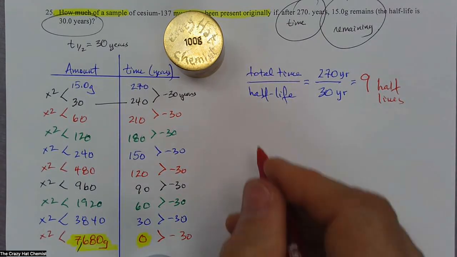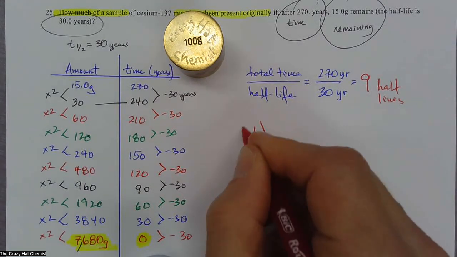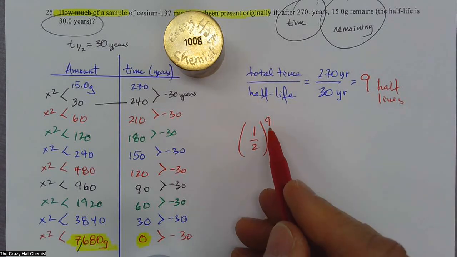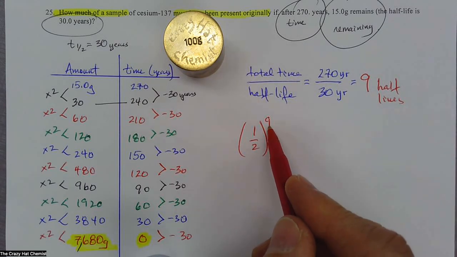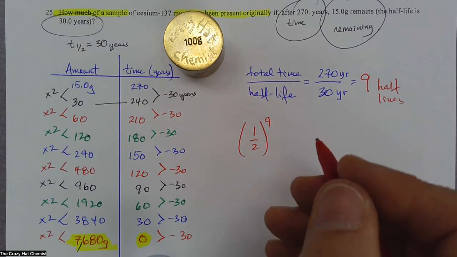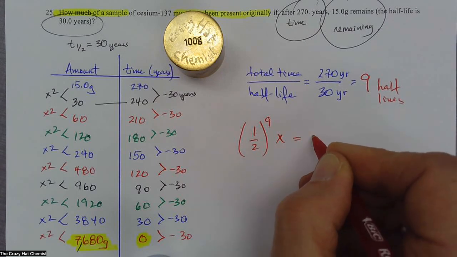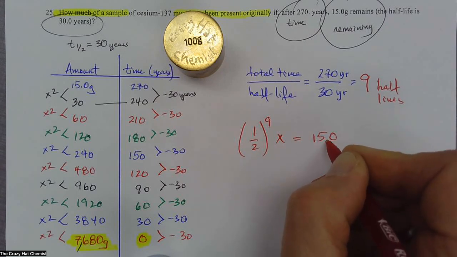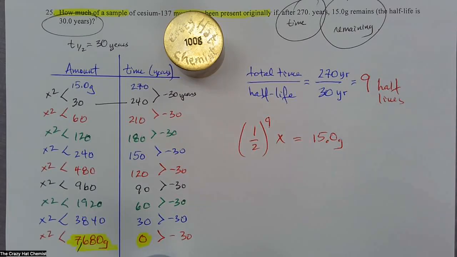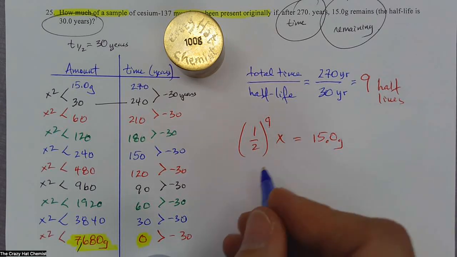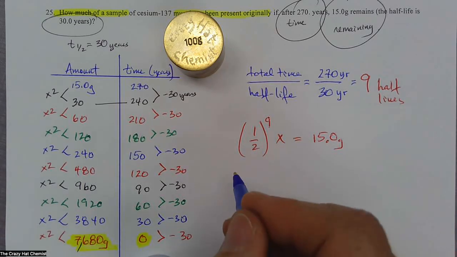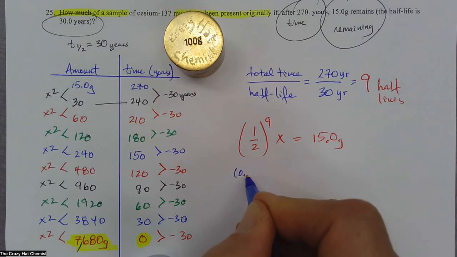From this, we're going to use our 1/2 to the power of the number of half-lives. Remember, this 9 right there is the number of half-lives, not how long a half-life takes. Okay, we are solving for this original amount, which would be X, and how much was remaining is 15 grams. So, piece of cake, folks. 1/2 to the power of 9. We're going to plug that into our calculator. We're going to get